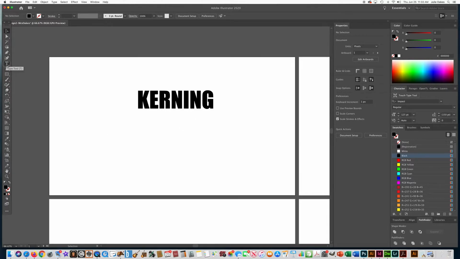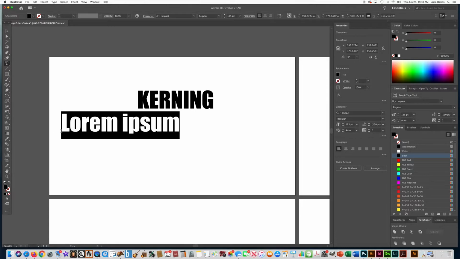So once again, we'll get our text tool. And when we click on it now, it's giving us the same font that we used and size that we used previously. So go ahead and leave it that way for now, but we're going to change it. Now get rid of caps lock and type